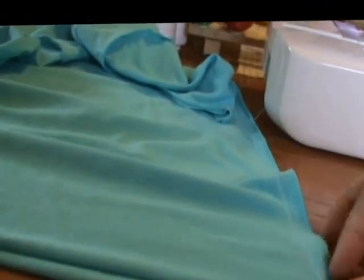So now my gown is essentially finished. Of course, it's inside out, but the nature of knits is that they stretch and pull. So you can see this does not exactly line up. So I am going to do a little Miss Fix-It, and